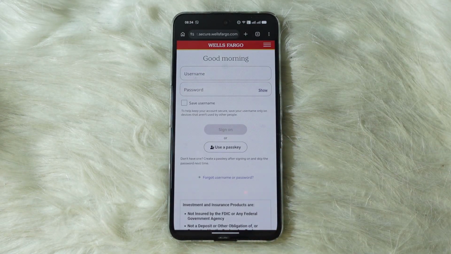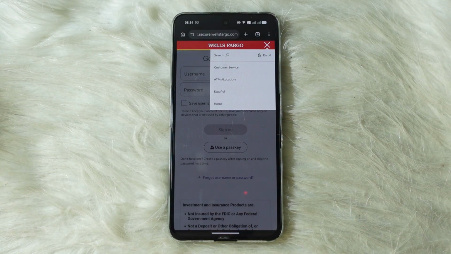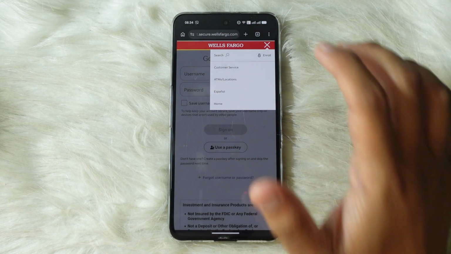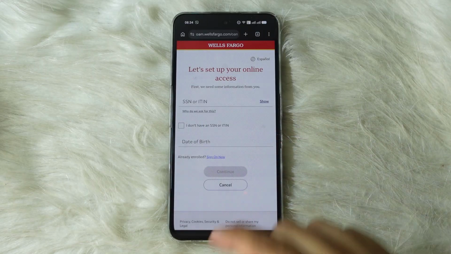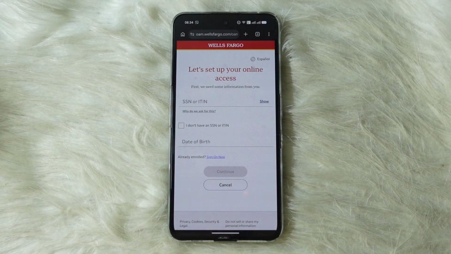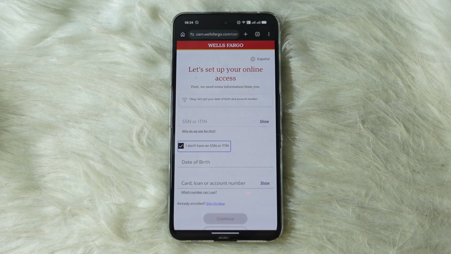If you do not have an account, you will have to sign up for an account. Simply tap on the three lines at the top right of your screen and then hit enroll. Here you'll have to enter your social security number or ITIN along with your date of birth and then hit continue. If you do not have a social security number or ITIN, simply hit I do not have one, in